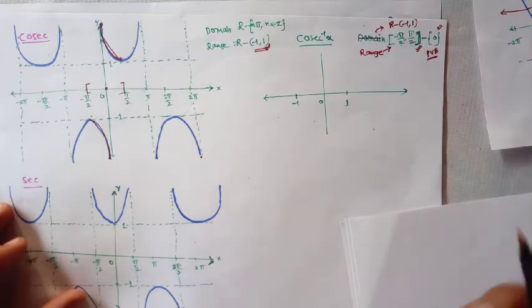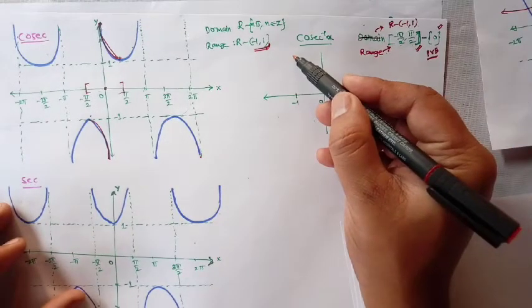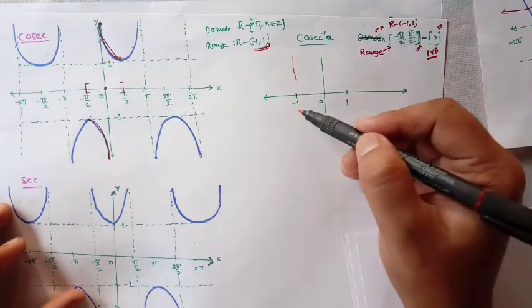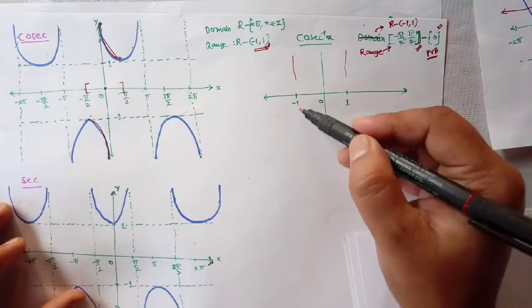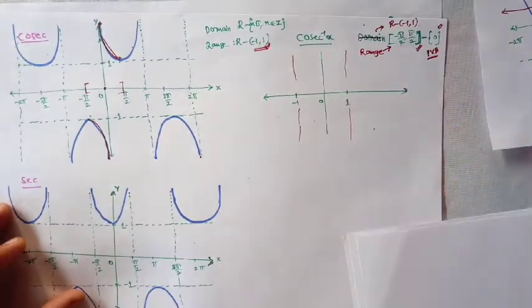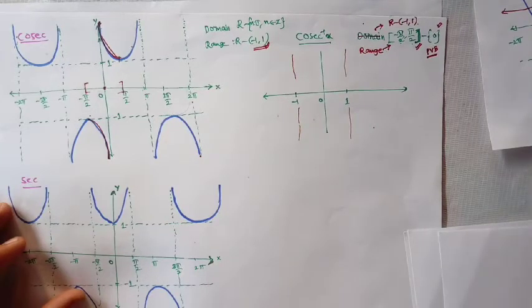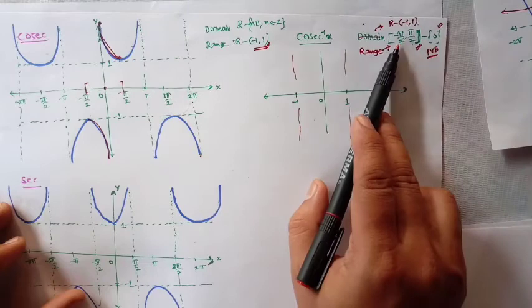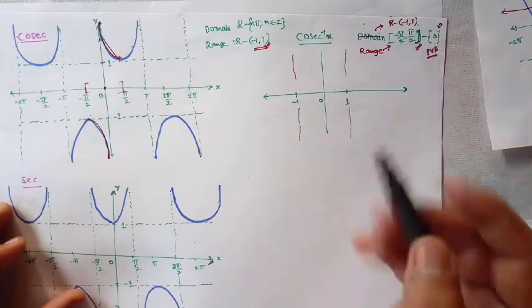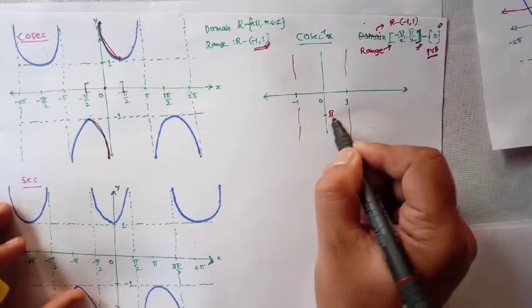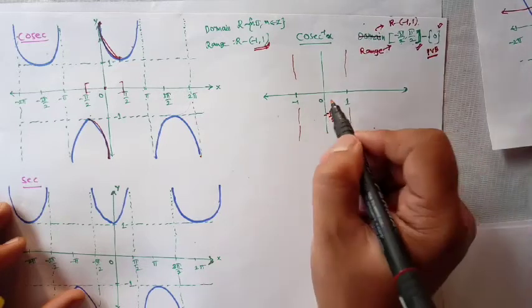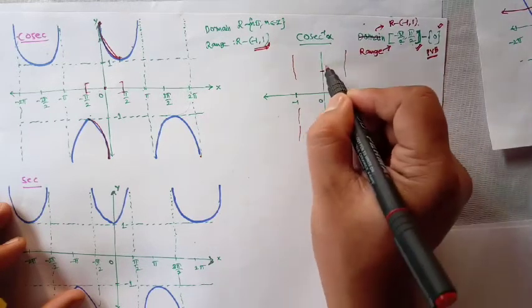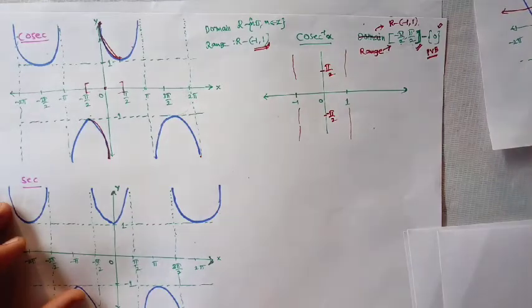First of all, restricting the plane to minus 1 to plus 1. So just generally draw one line here. Next, what are the ranges you are having? Range is taken from minus pi by 2 to plus pi by 2 excepting 0: minus pi by 2, 0, and here it is plus pi by 2.